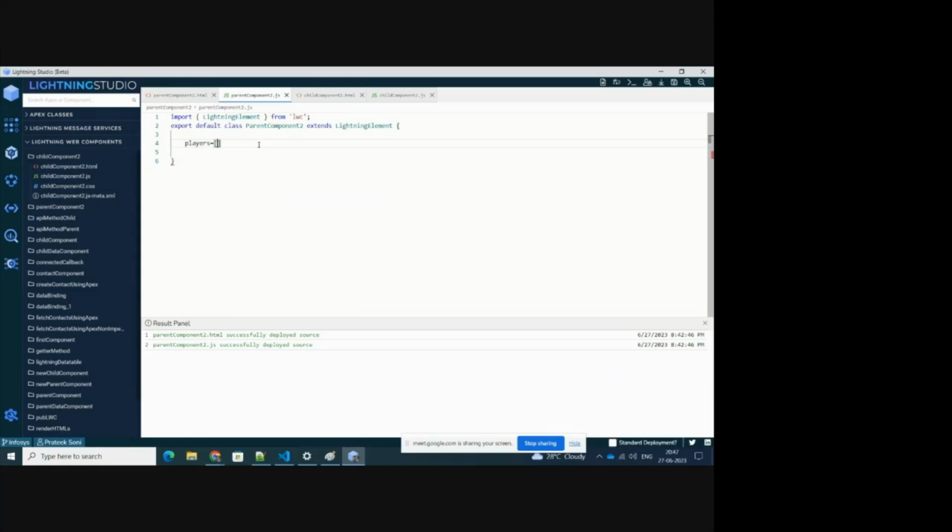And in the array, I have two player records. Let's say the first player data we have is name Virat, and age is. The second player which we have is name, let's say Dhoni. And age we have is